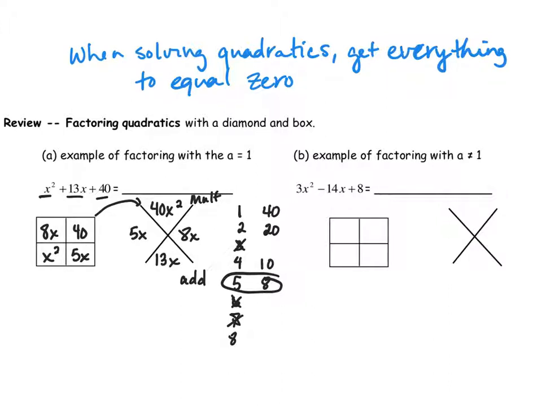Then I'm going to factor my rows and columns. So from this column, I have 8x and x squared. There's no coefficient for x squared, so really the only thing I can take out of this is an x. And that's where, when I have the a value of 1, this part is pretty easy. X times x is the only thing that's going to give me